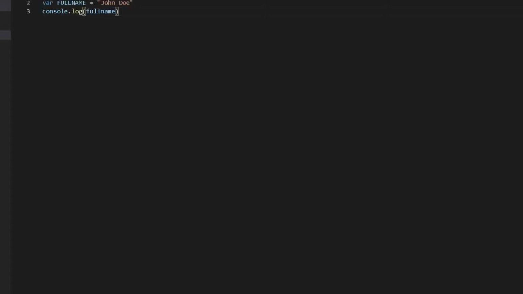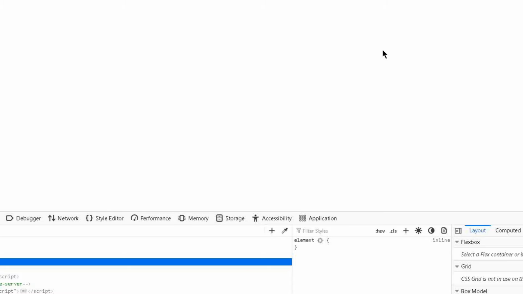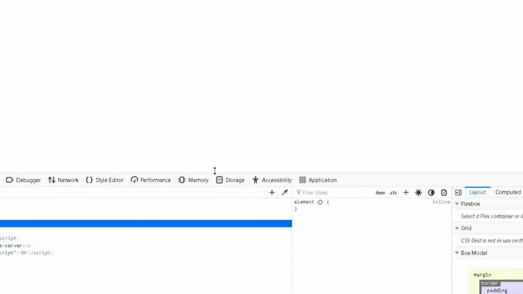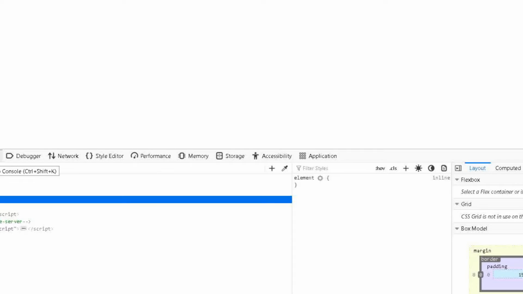For JavaScript tutorial purposes, and perhaps future tutorials also, I will be using this browser, which is Firefox, if you have recognized it already. So here's the console. To open it, you just have to press the F12 key.